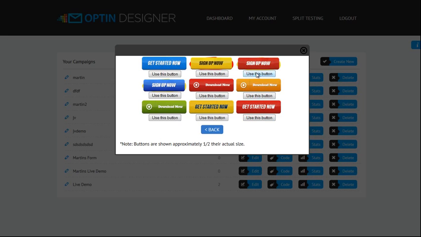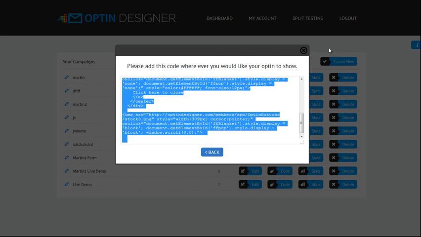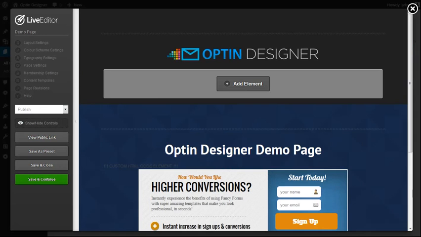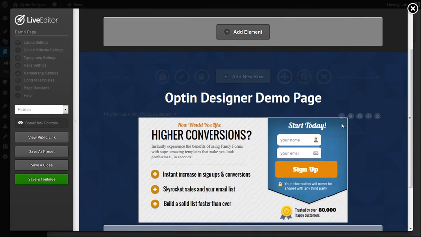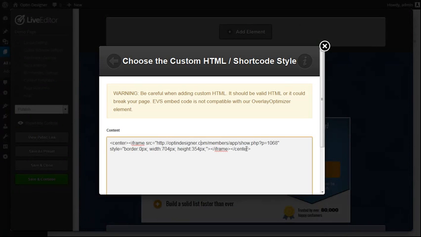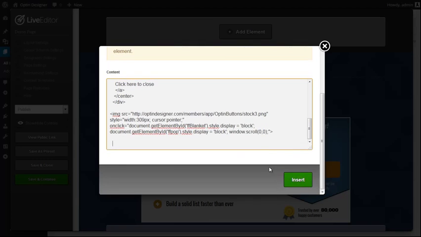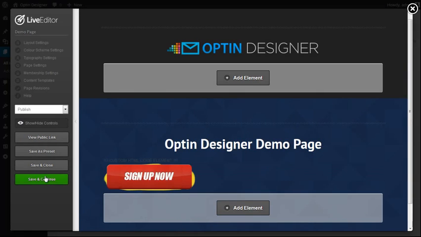Pick this one, sign up now. You copy the code, go back over into your editor, and this could be a normal WordPress site too. I'm just using this particular theme for convenience because it looks good. So you paste it in, click insert, save your page,